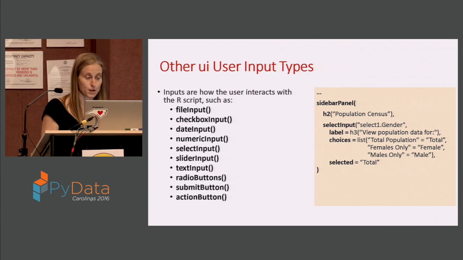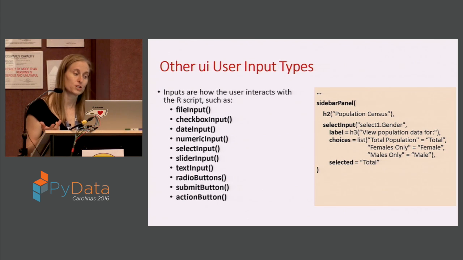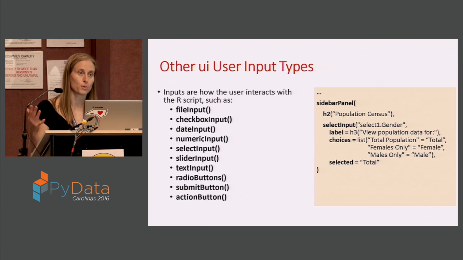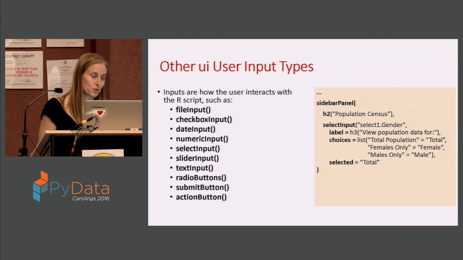Also, we made a slider bar as our input type in this one case, but there's a whole bunch of other widgets that you could put in. So you could have a file input where when someone clicks in the box, it's going to open a window that says what data file do you want to use. You put a checkbox as self-evident. You have a bunch of options with checkboxes beside them. You can check them. You can do settings as to whether they can choose one or more of these items in the checkbox list. A date input, numeric input, select input we'll see in